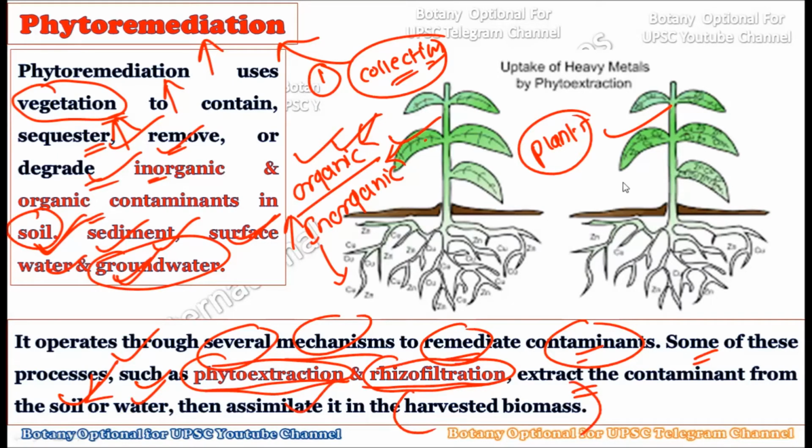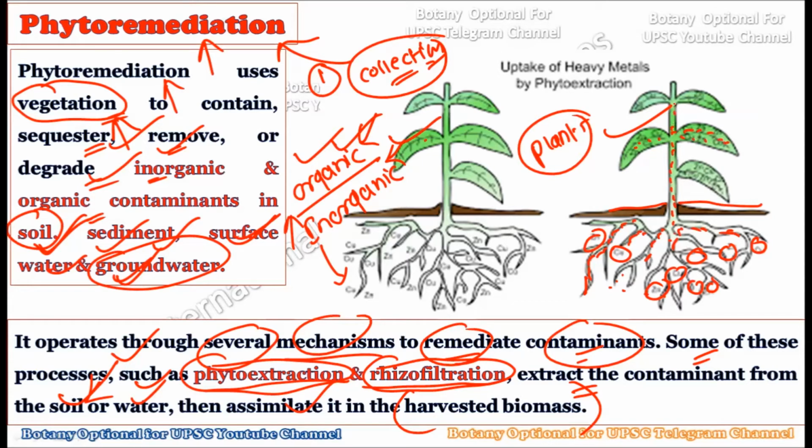For example, we have planted this specific plant for the phytoremediation, and if the contaminants are present in the soil, now consider these are the heavy metals and the contaminants which are present in the soil. Now, once we plant this tree, what will the tree do? It will absorb all of these contaminants into its roots. Okay, and once they absorb all these contaminants in the root, this will literally transport it to the plant body.